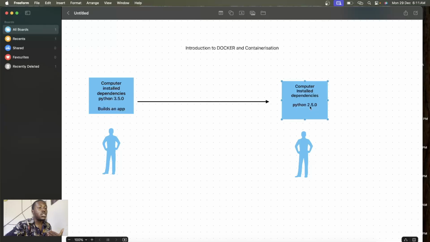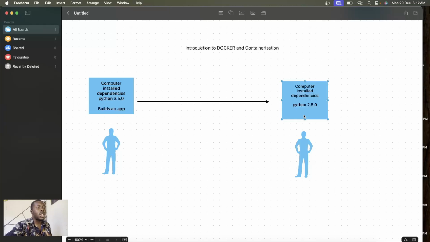So that application is using 2.5, so because of this new application being sent to him, he's not going to try to upgrade his Python. If he upgrades his Python, then his own script breaks. So that's one of those issues that we used to face then, like dependency mismatch.